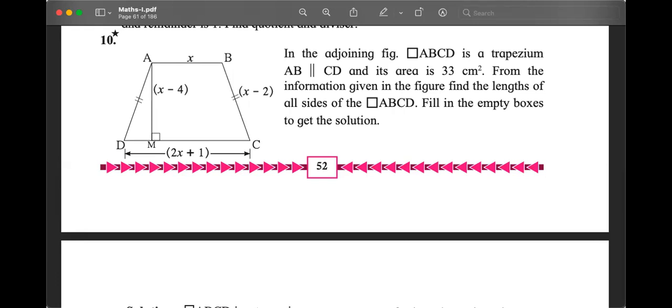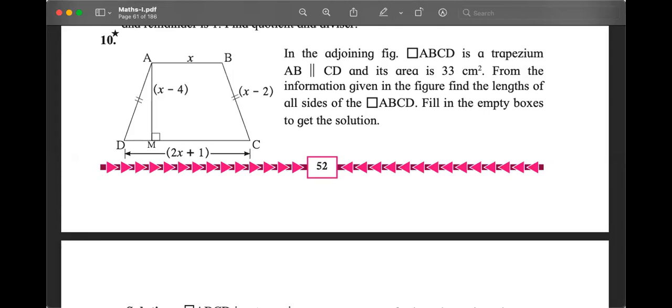There are two other things that are given here. Khadija is saying the height of the trapezium is x minus 4. Yes, Khadija. So when Karthik said AM is 90, not AM, angle AMC is 90 degrees. That is what it means, that AM is the height. Very good, Khadija. So the height of the trapezium, or the distance between the parallel sides of the trapezium, is x minus 4. And BC is, okay. Prachi is saying BC equals x minus 2. Okay. One more thing all of us have missed.